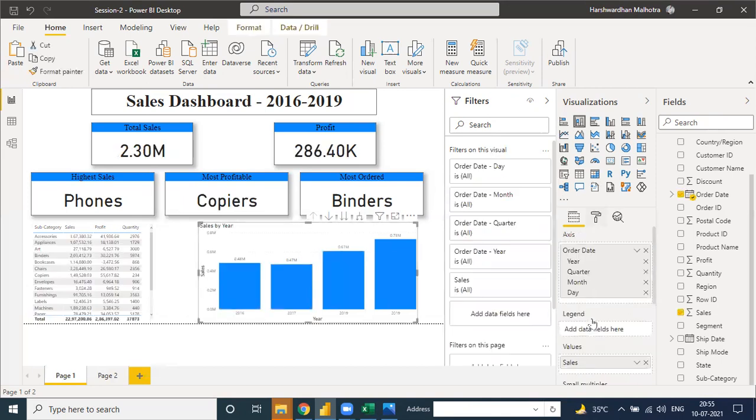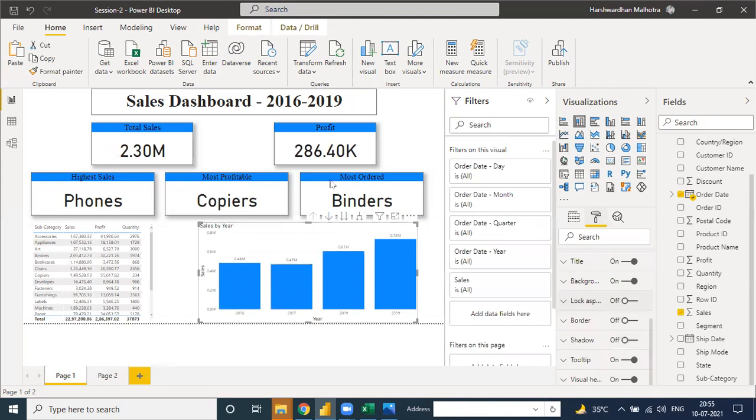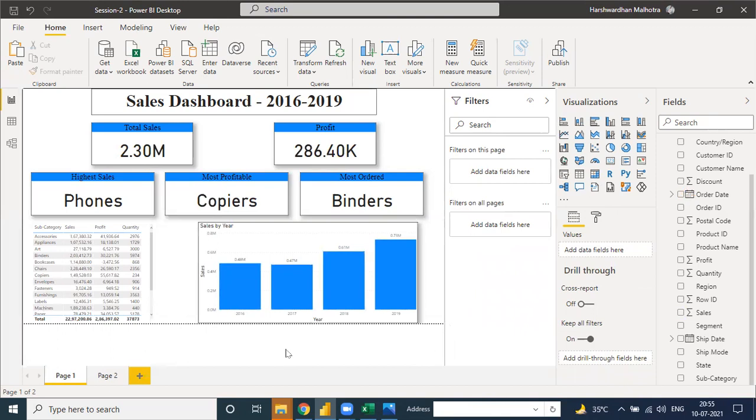Because the card type is also a main part of analyzing your data in the simplest form, in the easiest form. See, in a card only one value will come, right? Actually, this card is only for one value. I have another card that I already told you about, the multi-row card, in which you have one or two or three categories as well. I will show you later because there are multiple visualizations.